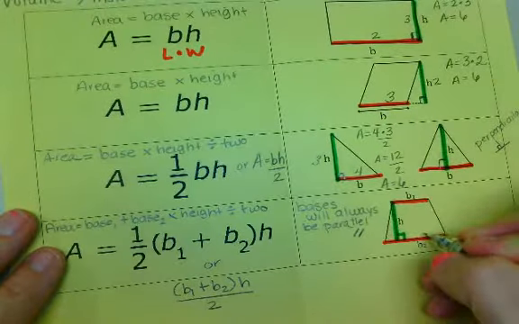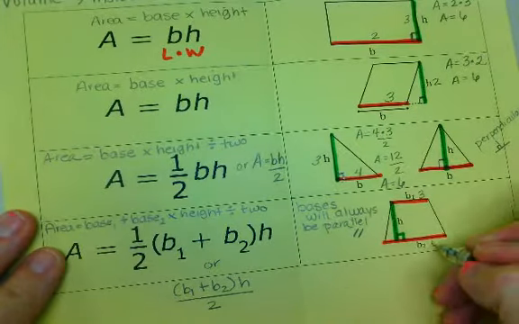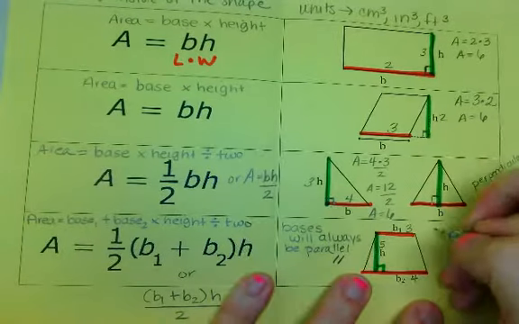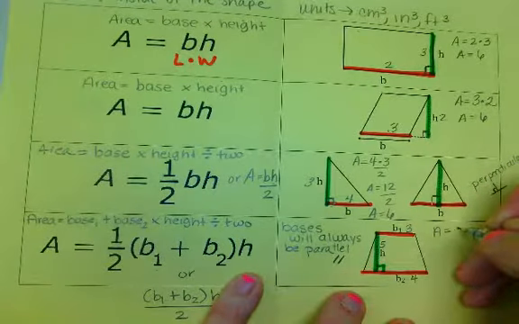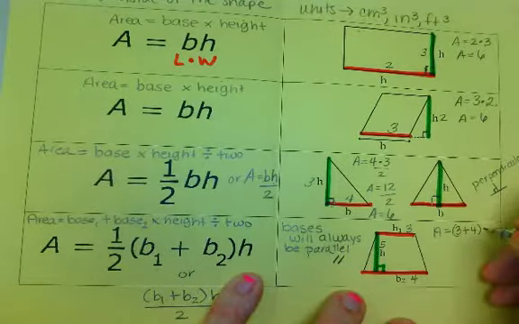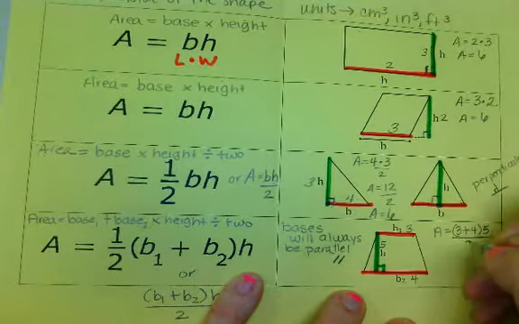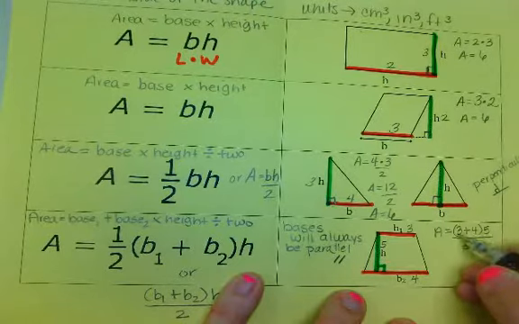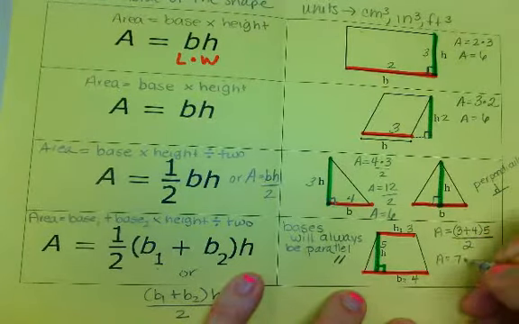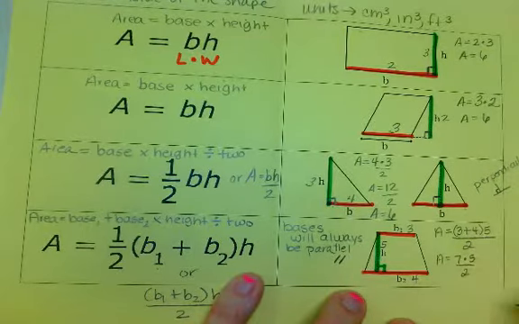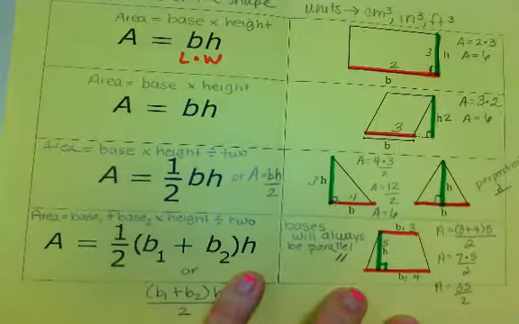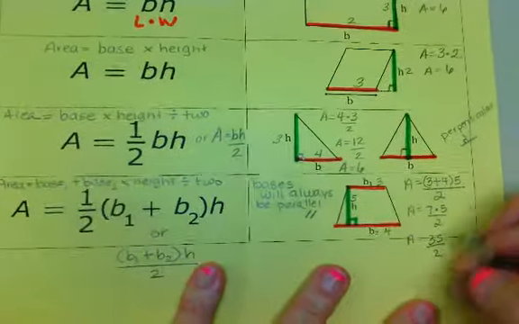So if my base 1 was 3 and 4 and 5, how we would do is we do area equals 3 plus 4 times 5 divided by 2. Well, 4 plus 3 is 7 times 5 divided by 2. So that would give me 35 divided by 2. And when you do that,